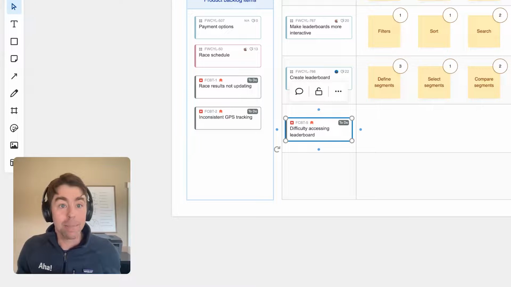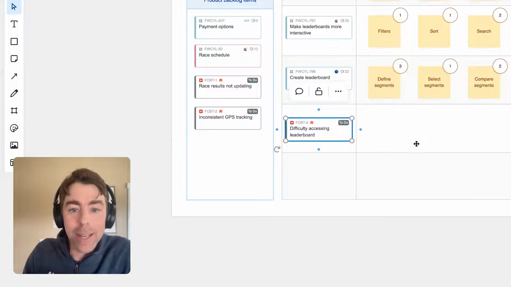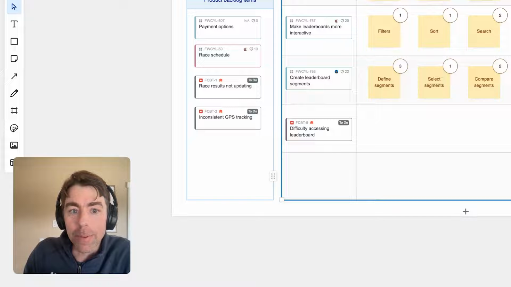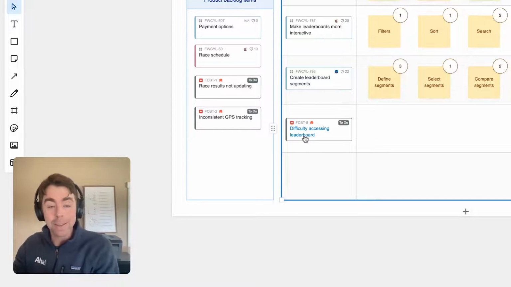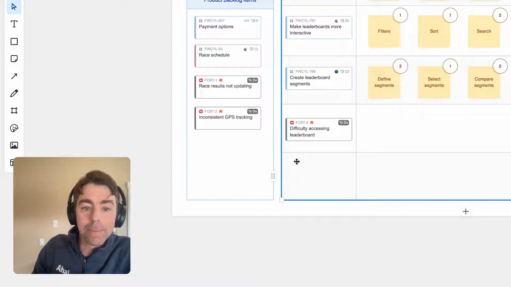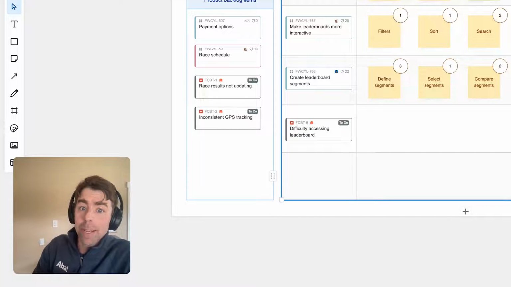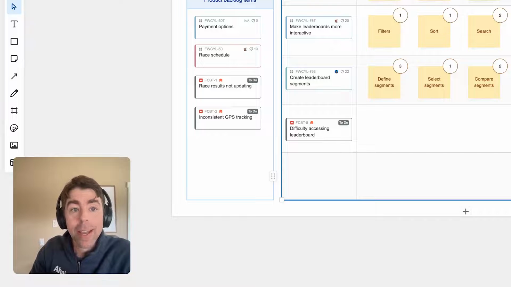Engineering is going to come in here and vote on it and help me estimate it against the other things in the sprint. So we've got kind of the best of both worlds. At any time, we can also click into this link and go back to Jira and adjust the details right there. That is it. Lather, rinse, repeat. We can do this all day with as many Jira issues as we need to.